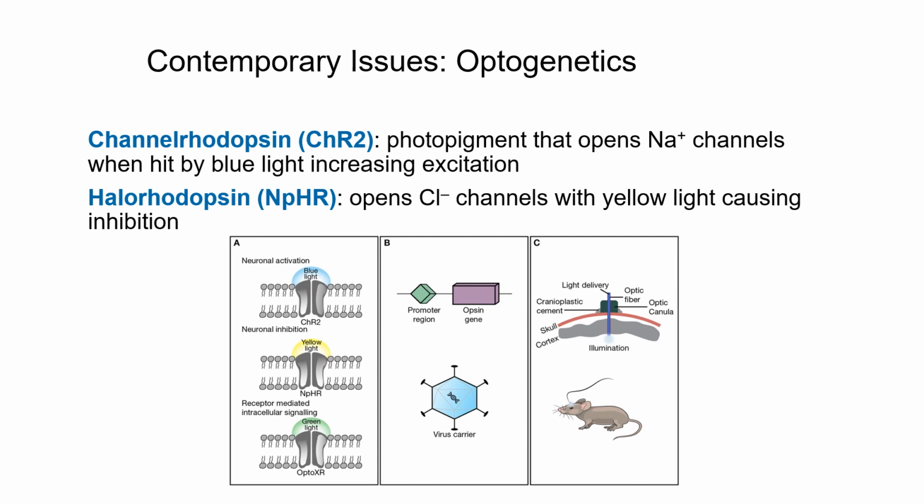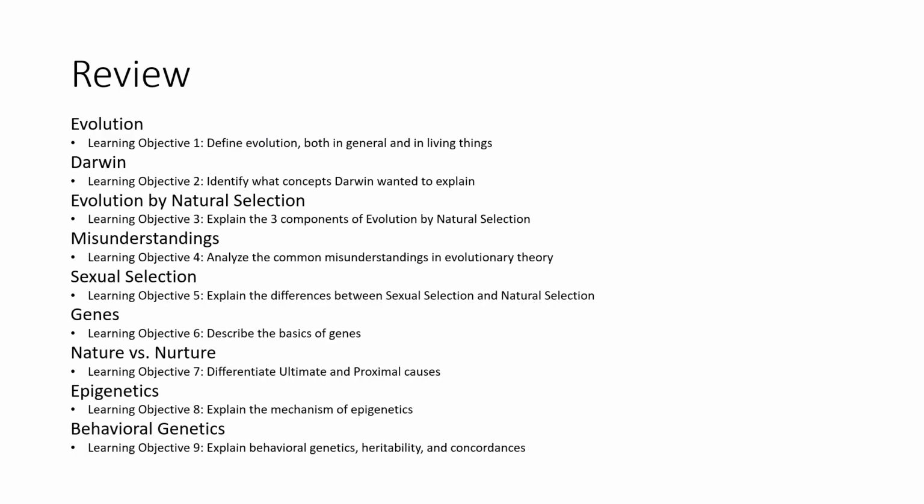Okay, this lecture got a little bit long, but it's a fun lecture. So we talked about evolution. We talked about defining it both in general and living things. We looked at identifying what concepts Darwin wanted to explain. Then we explained the three components of evolution by natural selection, analyzed the common misunderstandings in evolutionary theory, explained the differences between sexual and natural selection, then switched over to, again, the more bio side, describing the basics of genes,